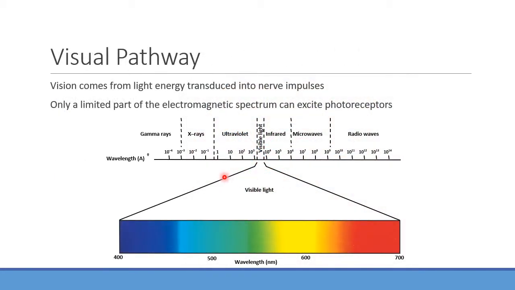And again, we can only see a very small portion of the electromagnetic spectrum here. This is visible light. Below those, depending on the wavelength, is where we can get into things like ultraviolet rays, infrared, all that good stuff. But this is basically what we're looking at. Our visual field happens to be in this realm of visible light.